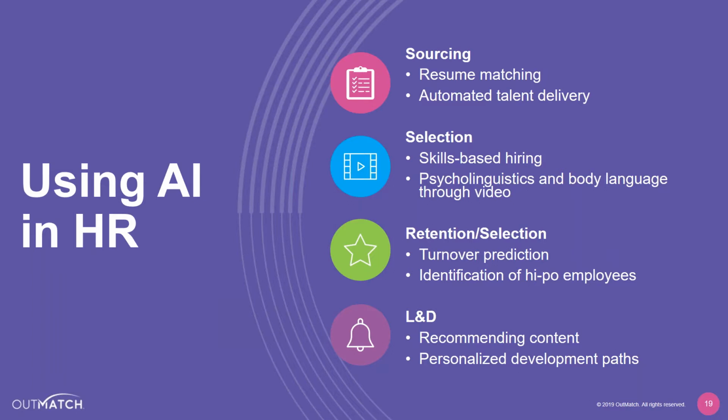And there's this new concept of automated talent delivery that's built all around this concept of using AI for sourcing candidates. It's also used for selection purposes. Things like skills-based hiring, which Keith mentioned just a minute ago with our innate traits that we look at. There's an entire field of study around psycholinguistics and body language that can be used to understand candidates better through video interviews. I do caution that one is being looked at a lot with different regulations and potential bias creeping